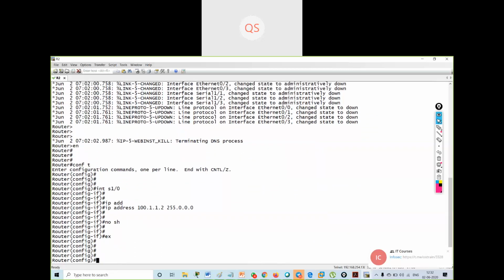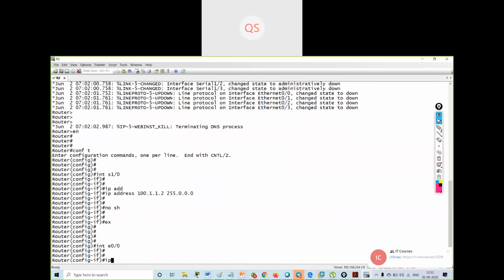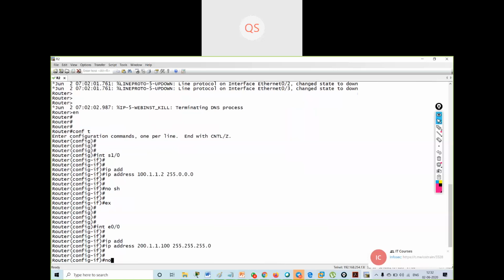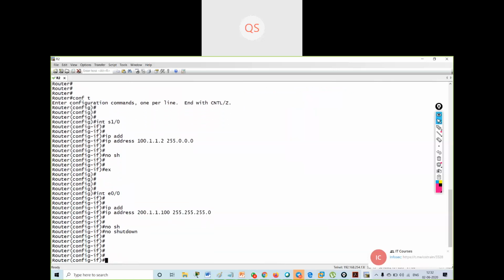I will say interface Ethernet 0/0, IP address 200.1.1.100/24, no shut. Okay.